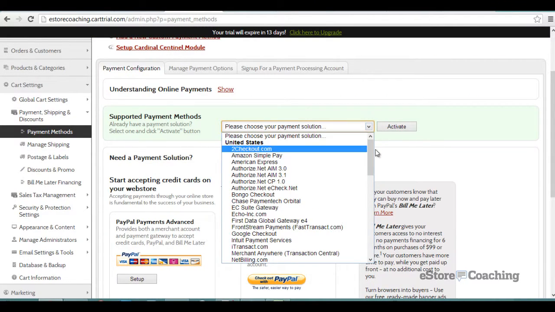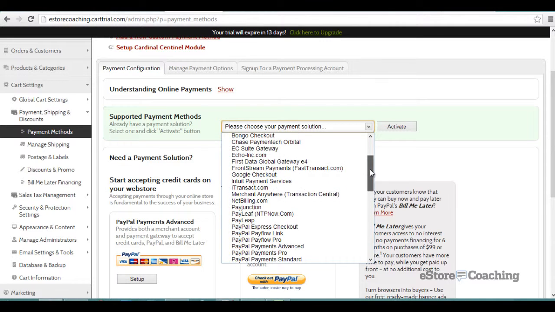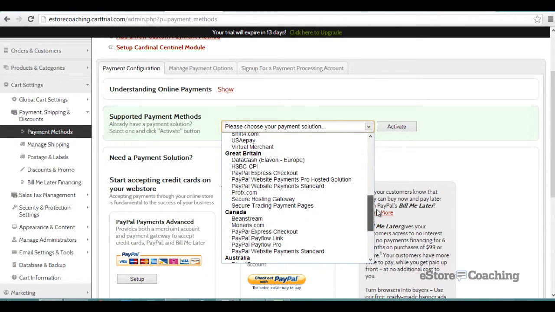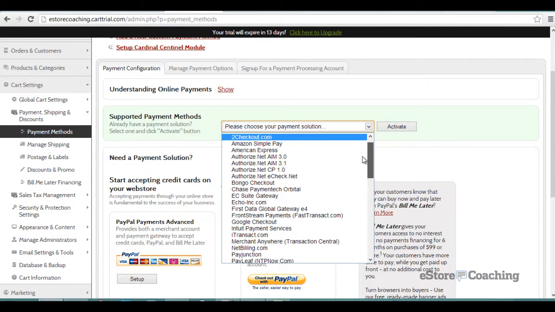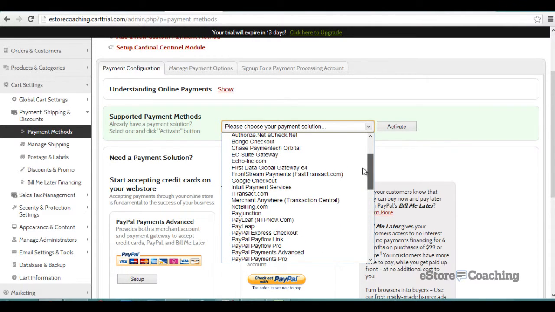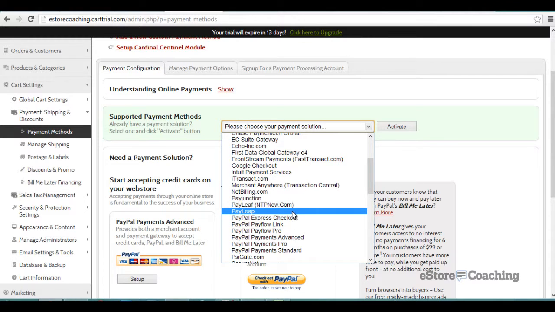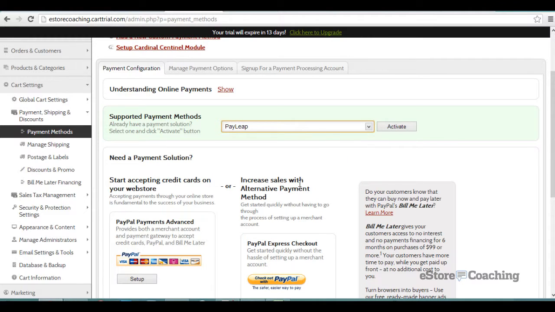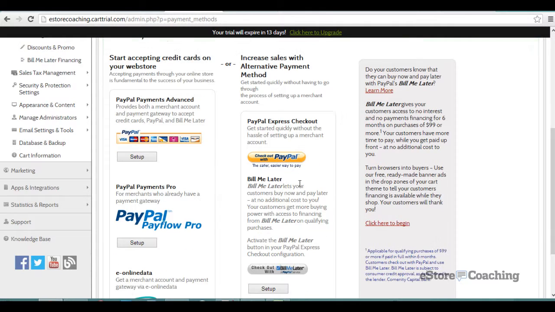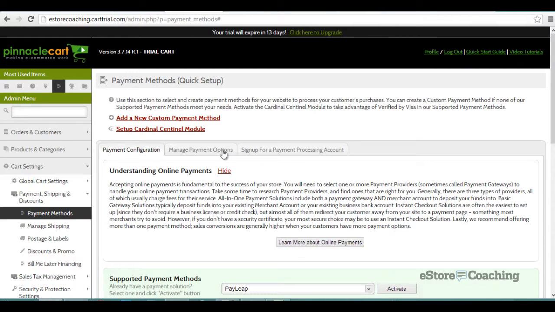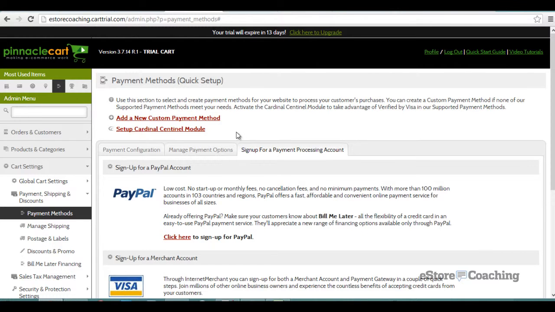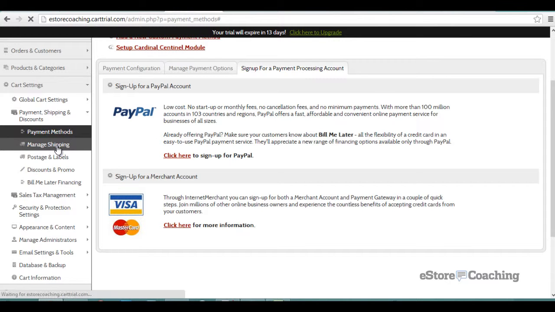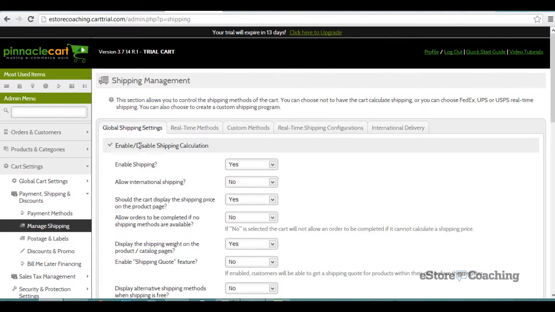So here's these shopping carts that they are affiliated with, or actually have the option of integrating with built in already. So it's a good, decent list. PayPal, the more popular one, is here. Payleap, one of my preferred vendors. Here's some manage your payment options. We're just gonna keep it as is for now. If you don't manage your shipping here,